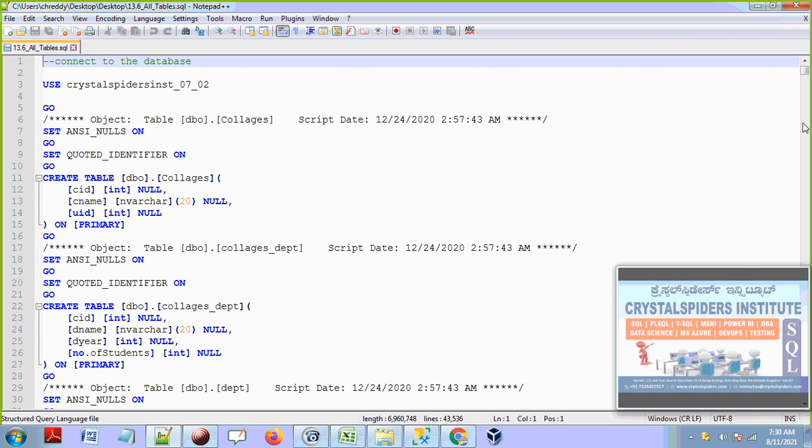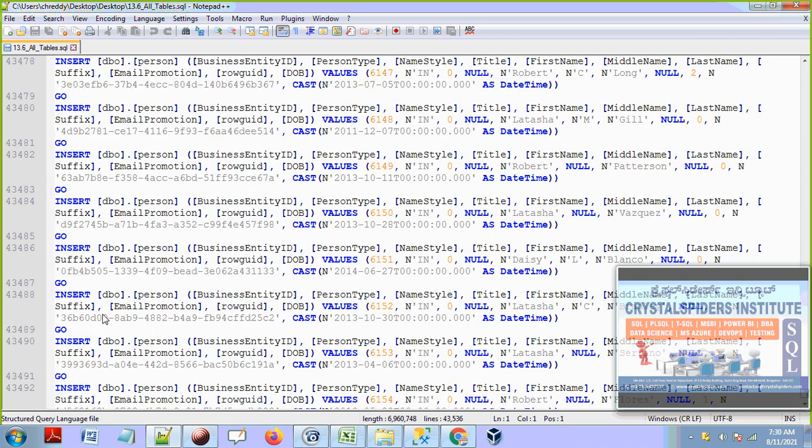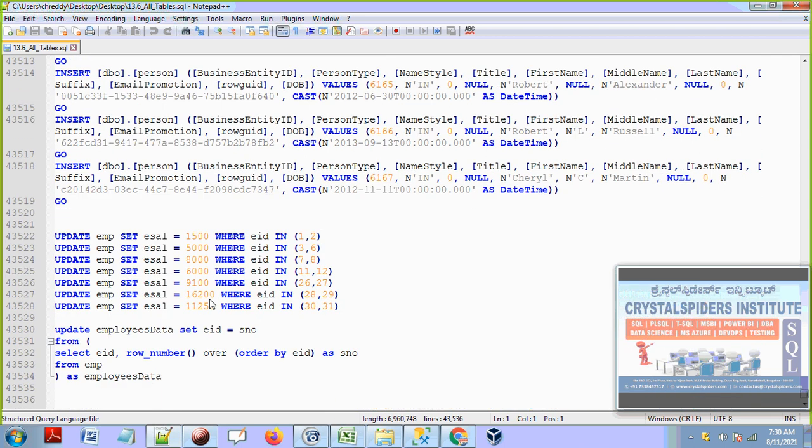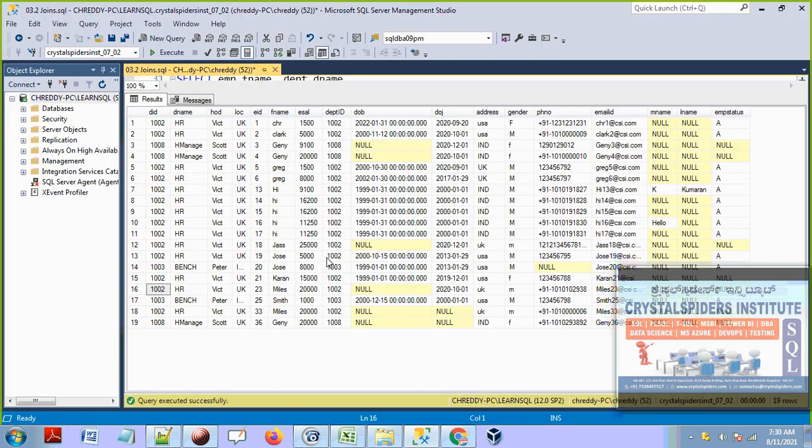Some employees belong to some different departments. Then we can at least update salaries. I modified salaries, but not employee IDs. Yeah, let me update salaries at least. Sorry, guys.